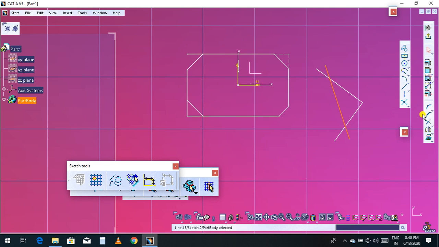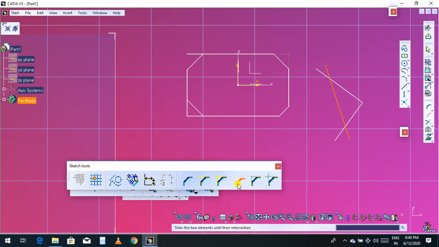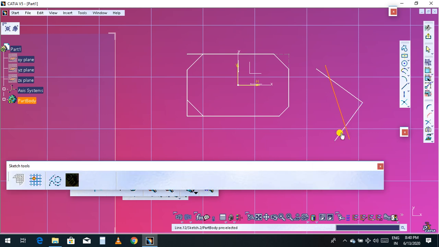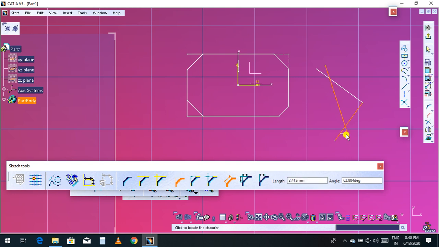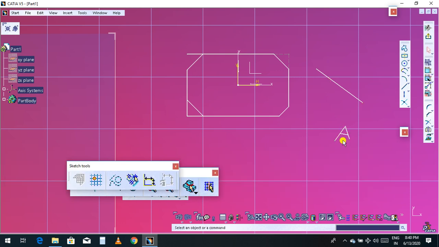Now choose the chamfer, choose this standard line trim, this one, and click OK.